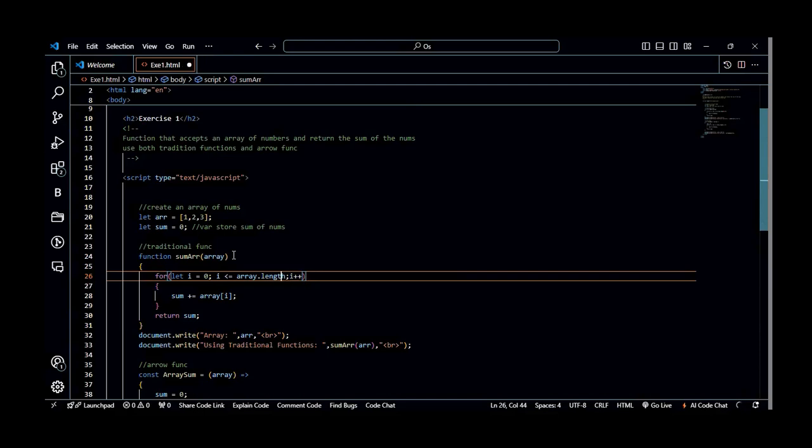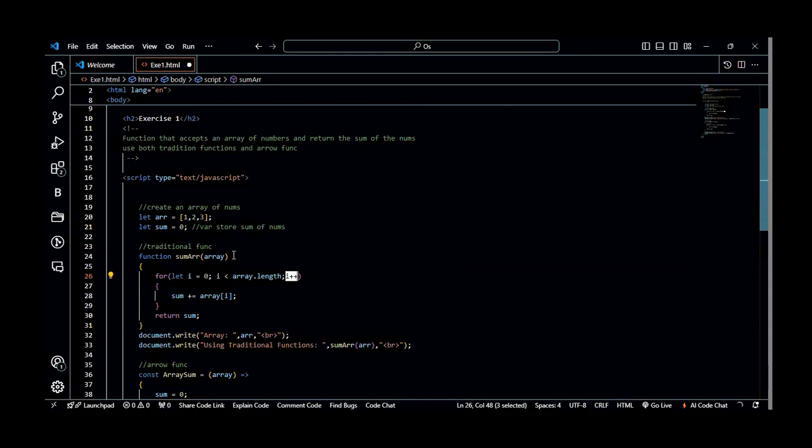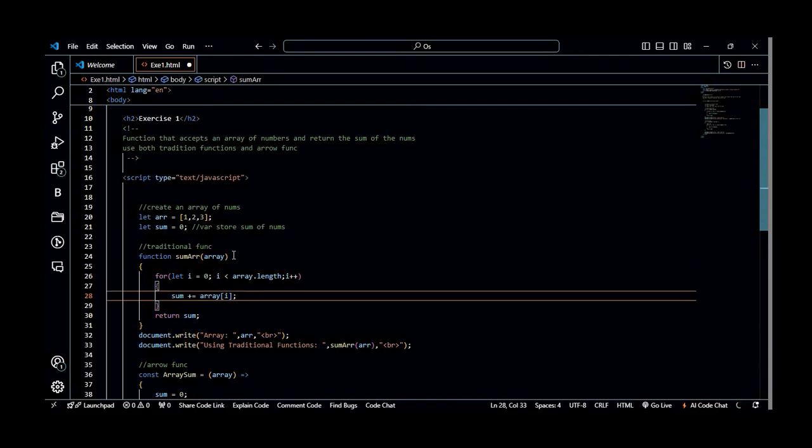I hope this is not creating any confusion. So while i is less than the array length, we're going to keep on incrementing i. This is what the plus plus is for. It's called post increment, meaning that you return the value of i and then you increment after